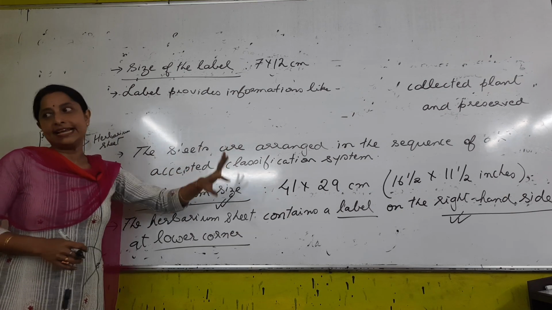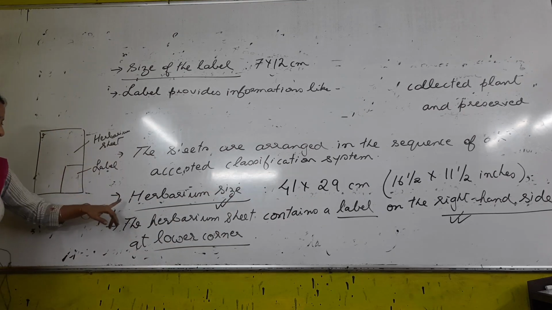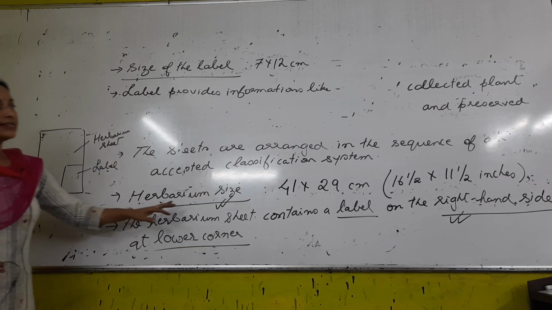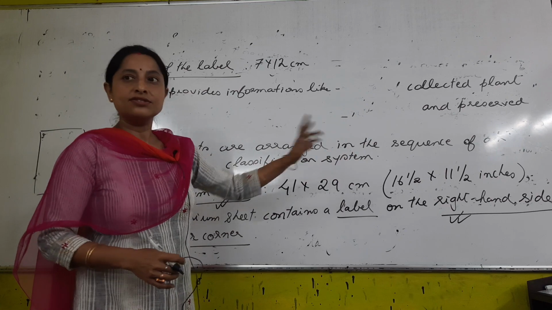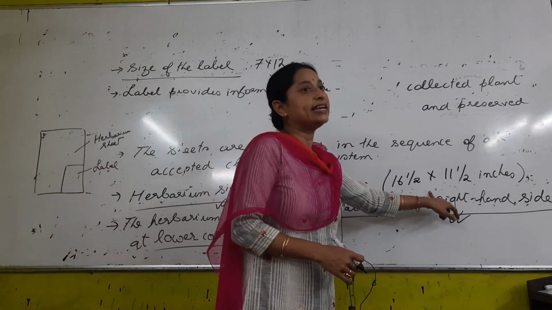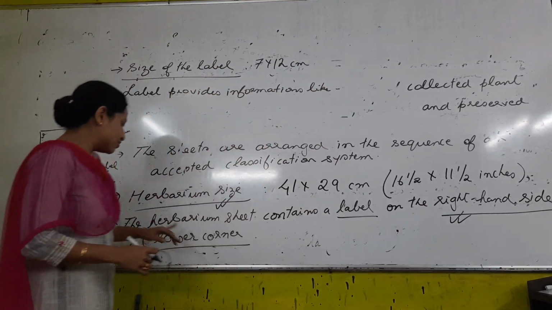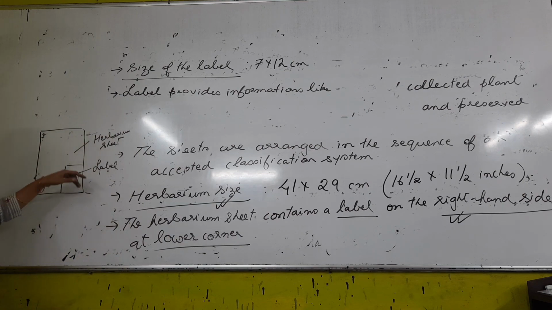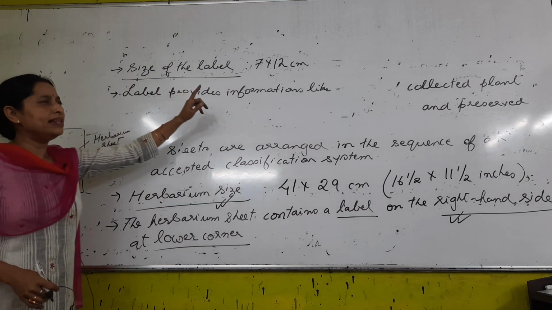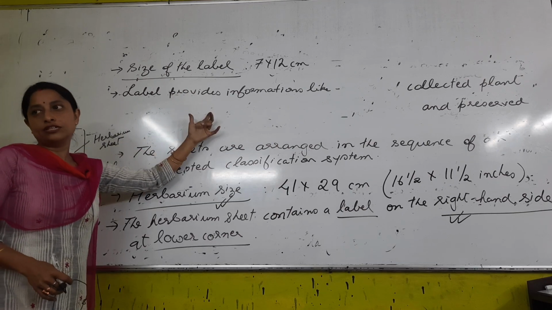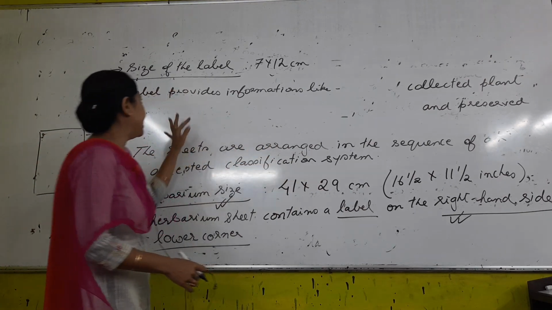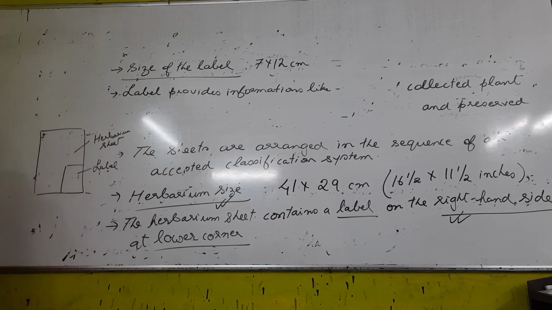Details about this in the second chapter, right? Next, as far as the size is concerned, size is in terms of centimeters and in terms of inches, both are needed, maximum has been asked about the inches, right? Next, talking about the label, as I said, position is needed: right, left, lower, upper, this and that. Size of the label, important but not very important, right? Basically, your report question is, and next is label provides information about